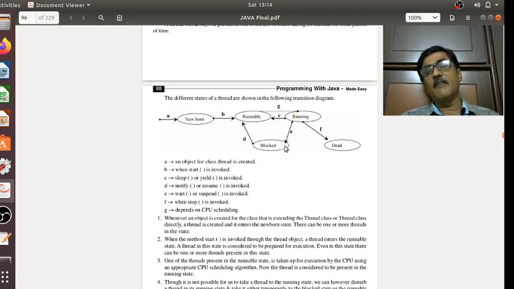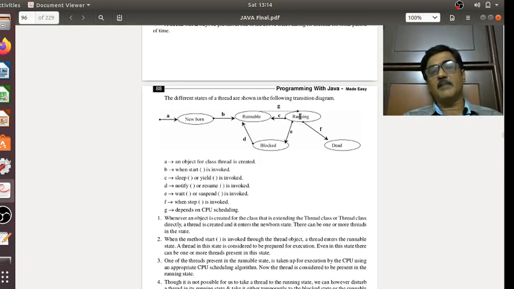You can observe that there is no arrow directed towards the running state. That means if we have disturbed a thread from the running state and taken it to the blocked state, we cannot put it back into the running state directly.